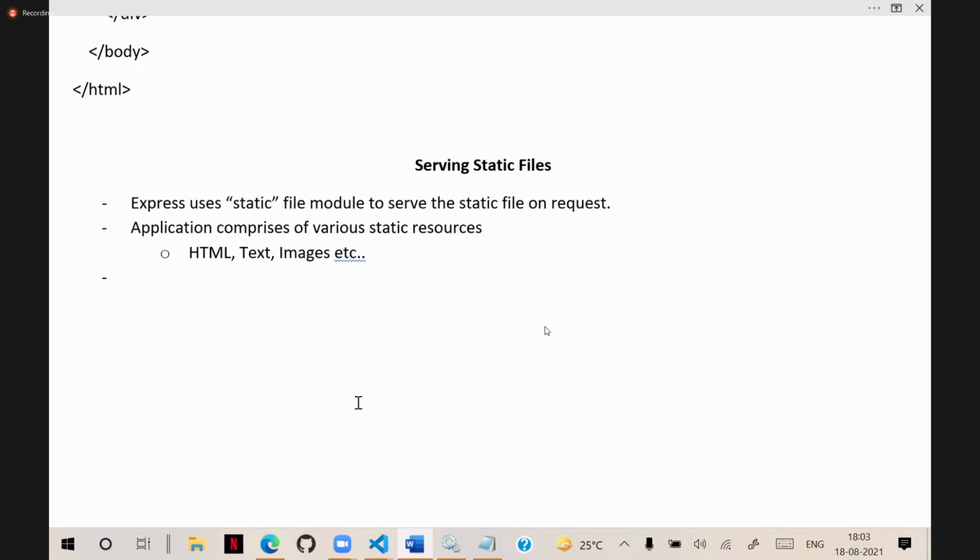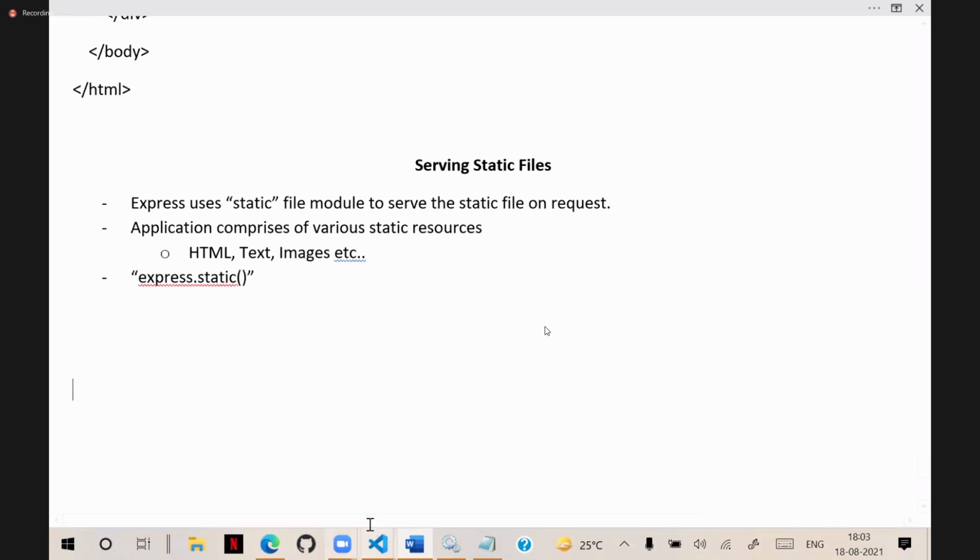That means we can use the express.static method, which is used to access the static files and return them. It can configure that and allow us to handle it. So that is one basic important thing.